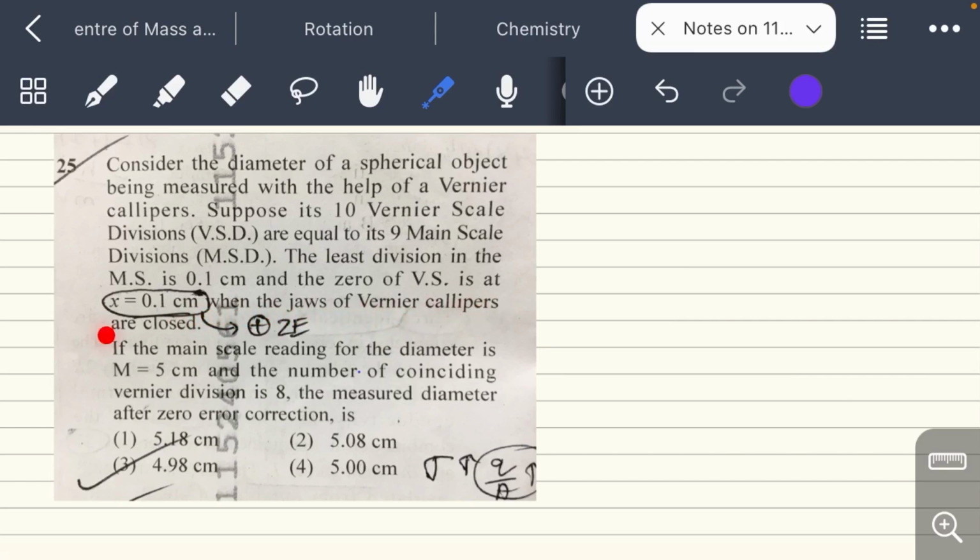If the main scale reading for the diameter is m equal to 5 cm and the number of coinciding Vernier division is 8, then the measured diameter after zero correction is. So okay, let's start with this one. With this part which says 10 VSD are equal to 9 MSD. Okay, so accordingly we will write